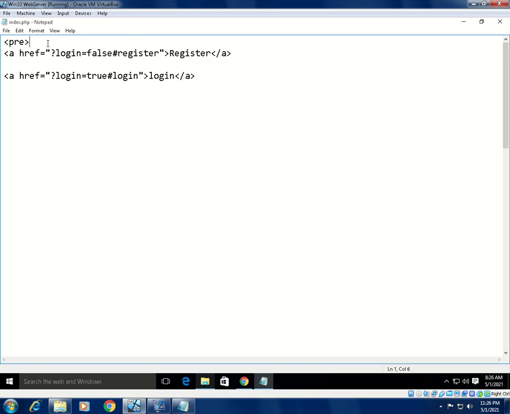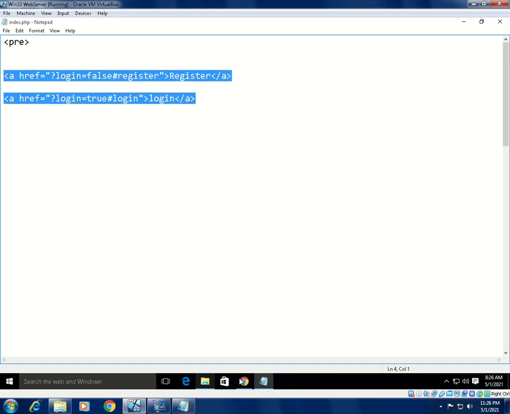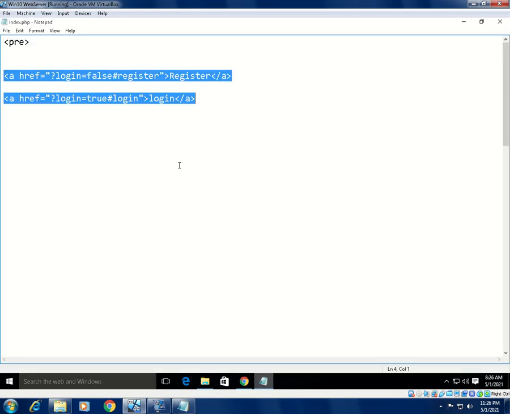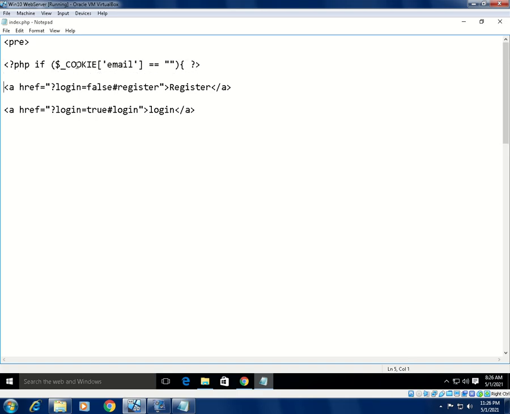First, the register and login links should only appear if the user is not logged in. You can only register and log in if you are not logged in yet. So I'm going to include a condition here: if the user is not logged in,